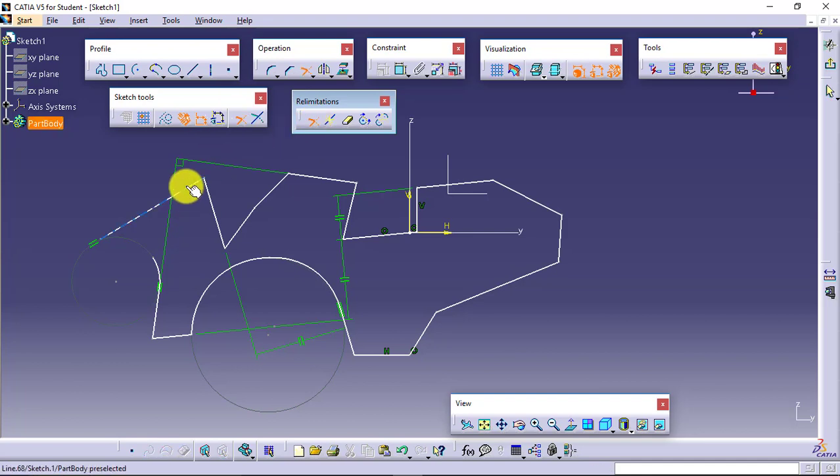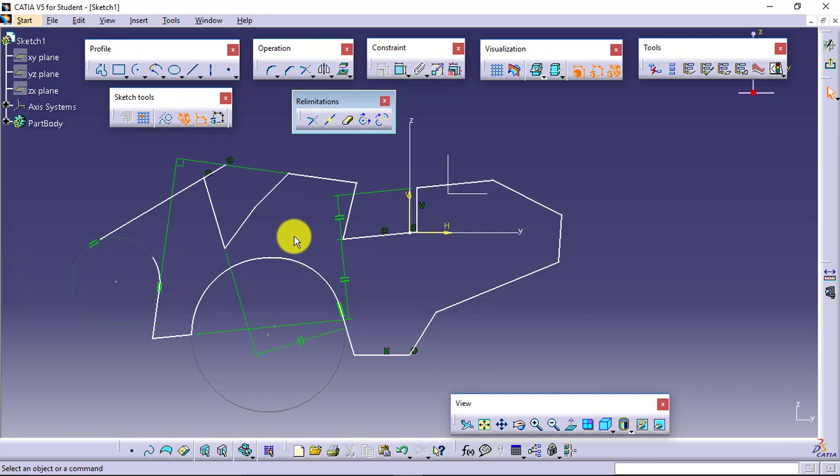This line I want to trim, so you can see I can trim it over here, I can expand it over here. I just have to select the reference, say this is the reference. So you can see this line has been extended over here, this line has been extended over here. In the same manner, if I want to trim it, then I'll go for trim again, say with reference to this line I want to trim till here. Like this, this will work in both the ways.